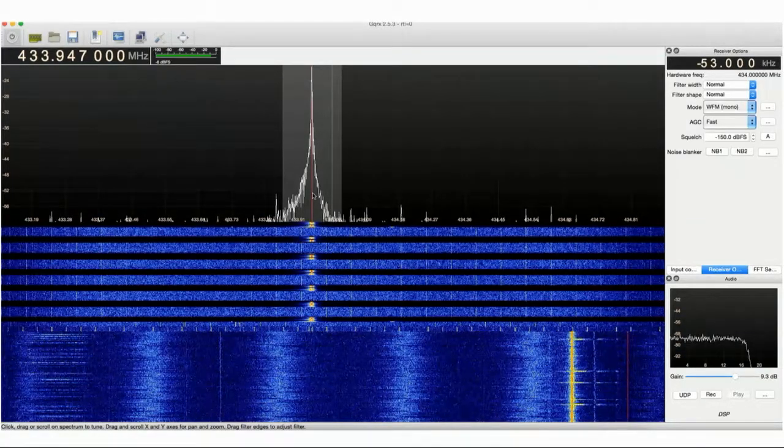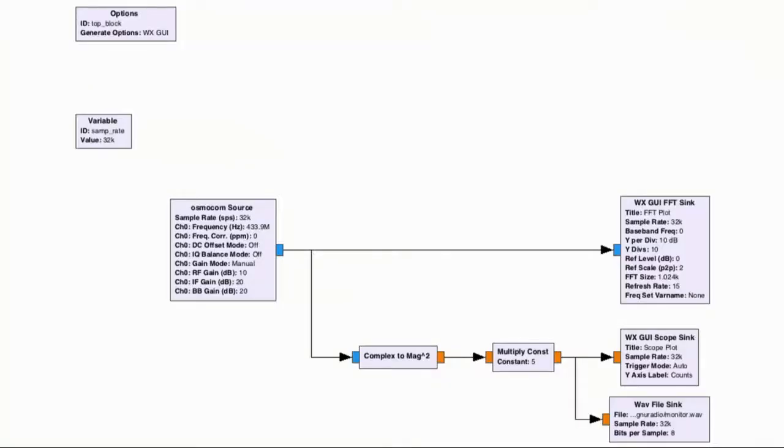Using this tool called GQRX, you can figure out the exact frequency. As you can see in the waterfall view below, there are these bursts of data. Once you know that, all you need is basic digital signal processing knowledge on how to convert this raw radio packet to actual data.